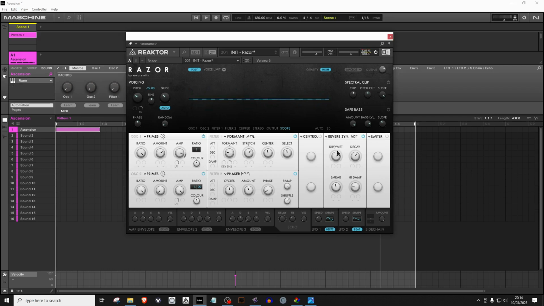Let's work with the reverb. We've actually got the wrong one on there. We got the reverb synced. We just want the basic reverb. Turn the decay up. So we're getting there. What we need to do now is work with modulating the ratios of both the oscillators,